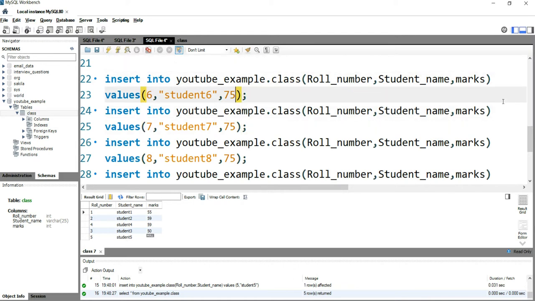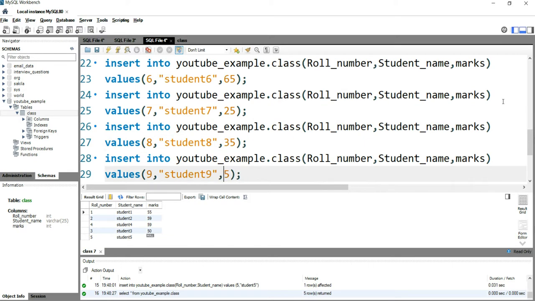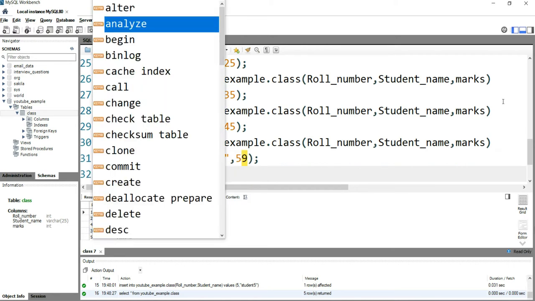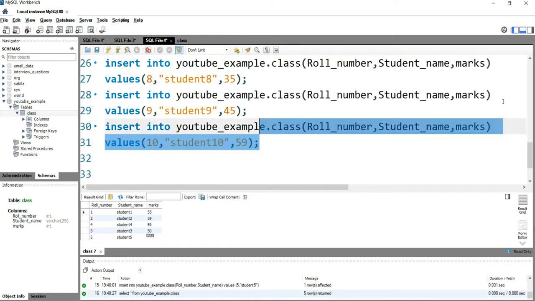So let's take the marks as 65, 25, 35, 45, and let's give him 59. And now we can run this entire statement in a single go.